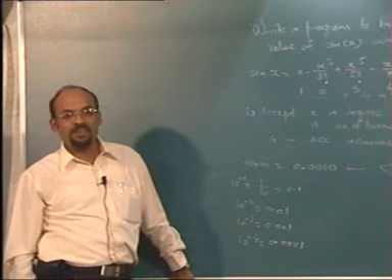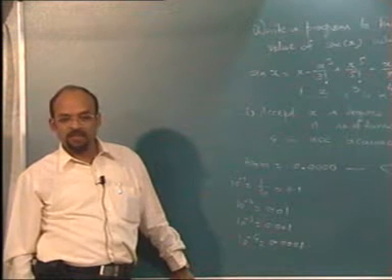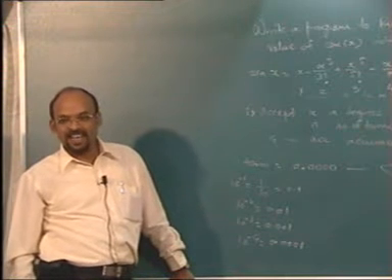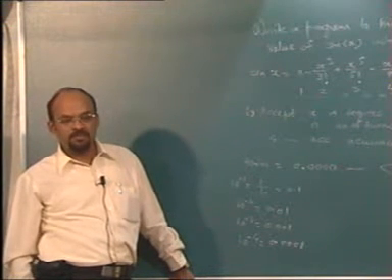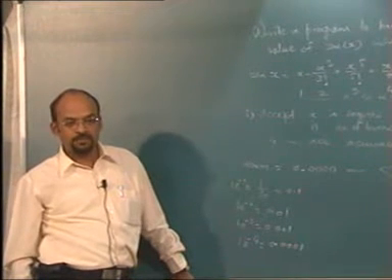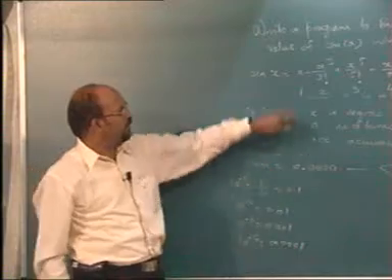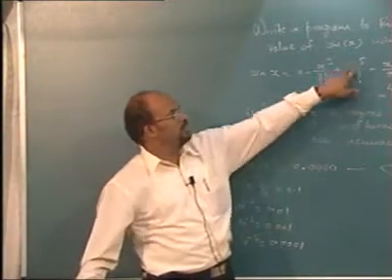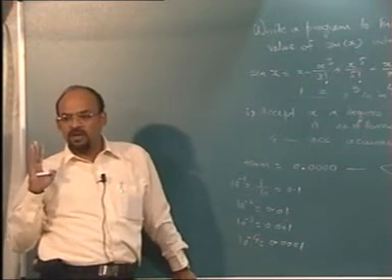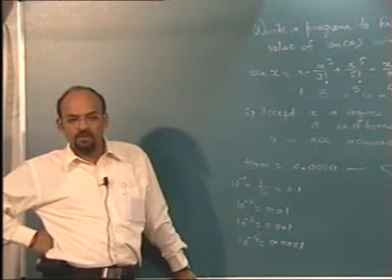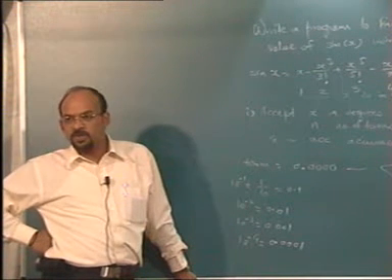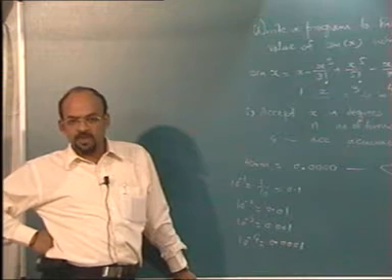What will be the power of the 10th term? 19. 11th term? 21. nth term? 2n minus 1. It was the formula: 2n minus 1, 4 minus 1, 6 minus 1, like that, 2n minus 1. And now think of calculating 19 factorial. It will be even beyond the limit of your long. So that's not going to help us.